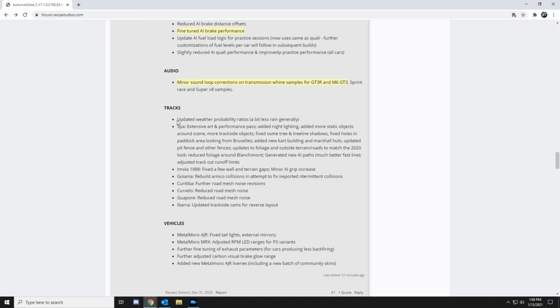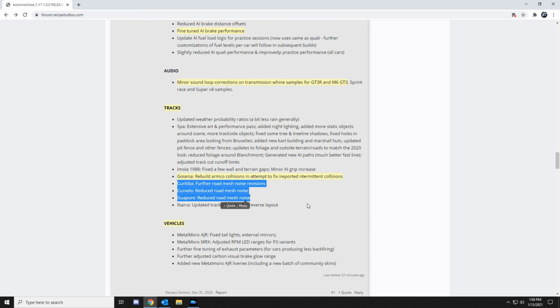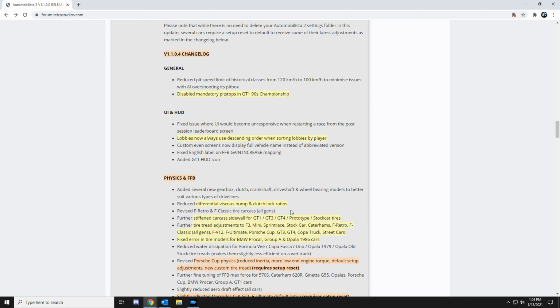And then after that, you're looking at some specific track and vehicle model changes, basically the visual aspects of them and some of the mesh. They've changed some of the meshing in the tracks, armco collision things, and all of the little things that make an accident seem more realistic. All right, guys. Well, that's patch